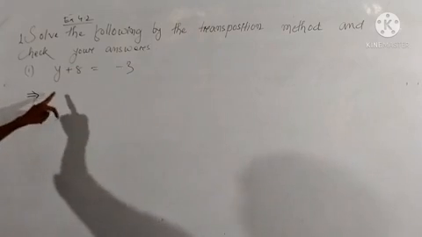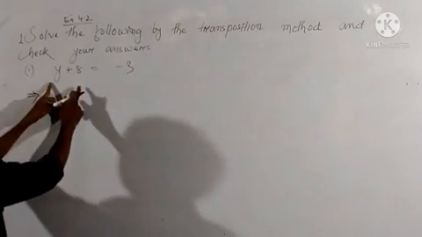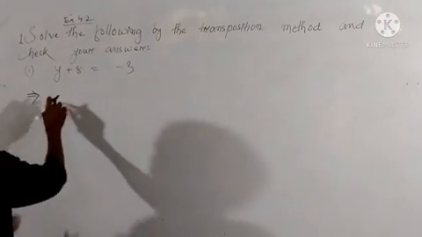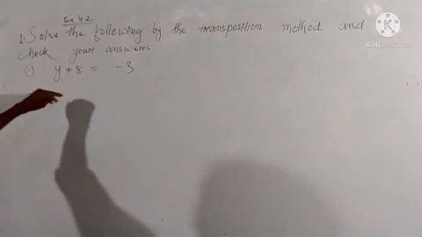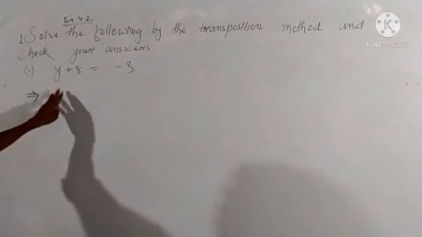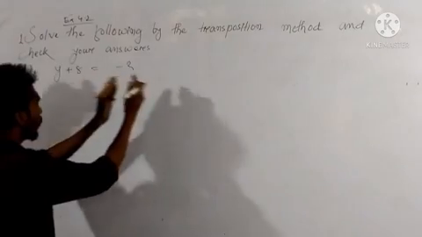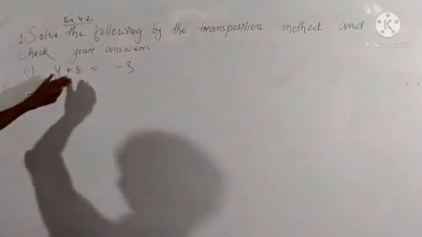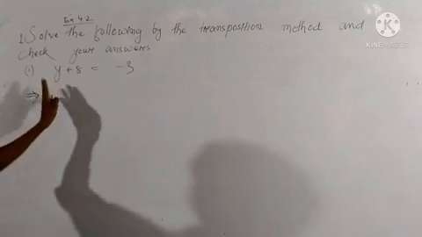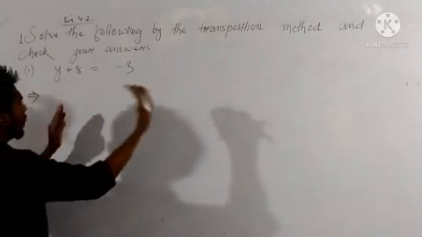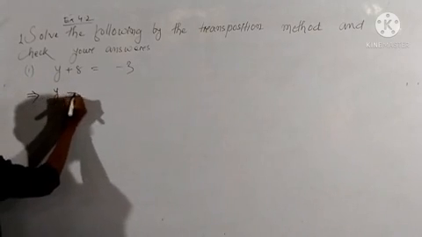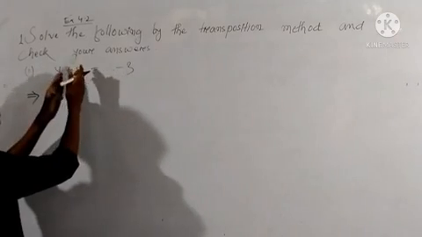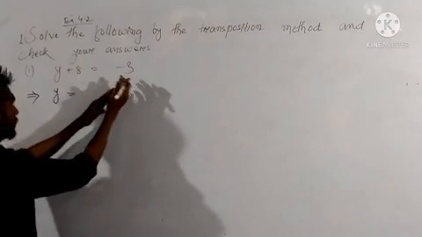in this case, from this statement, we take the variable on the left side and the numbers on the right side. We take the variable on the left side and numbers on the right side. Okay, so write the variable y on the left side and then transfer the number to the right hand side.